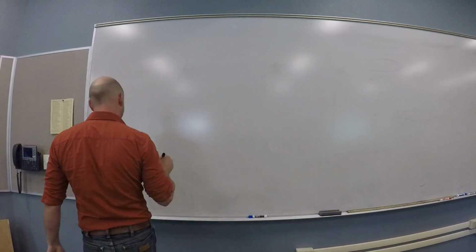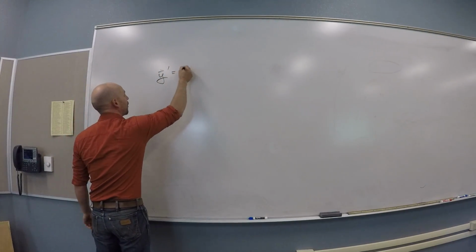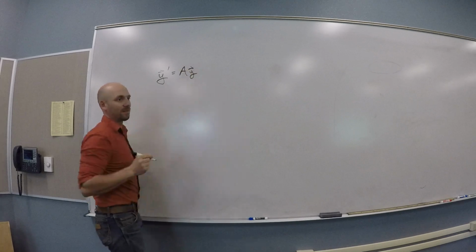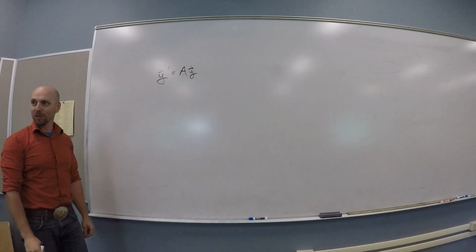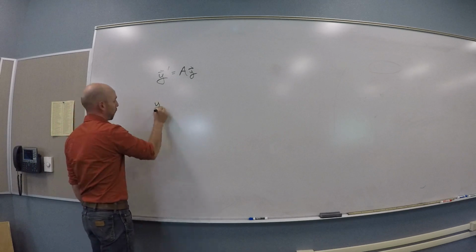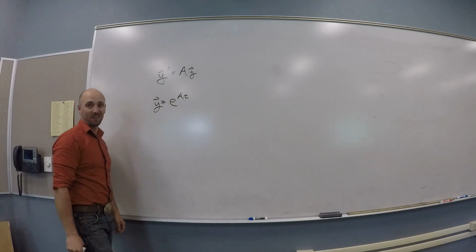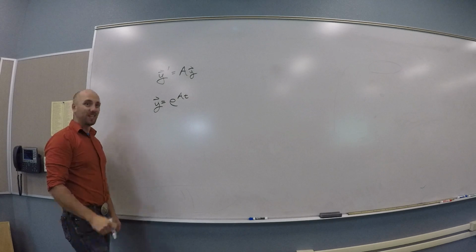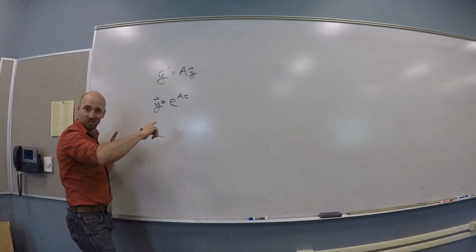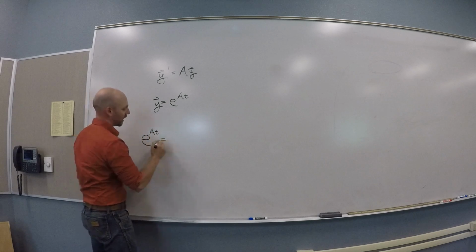So remember I said this. We had y prime equals A y, right? And I said one way we could do this is we could look at this and go, duh, y is e to the At, right? Yes. But the categories are wrong, because the only way I know e to the At is to say, okay,